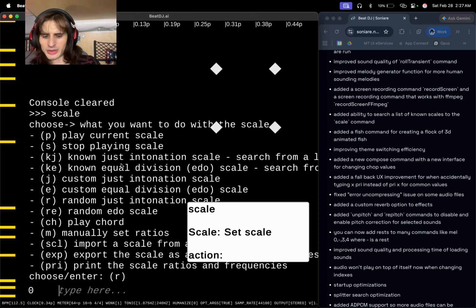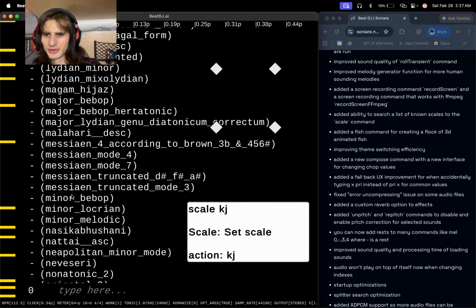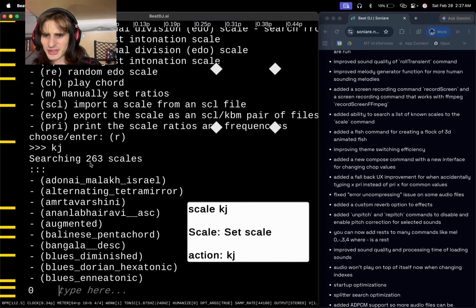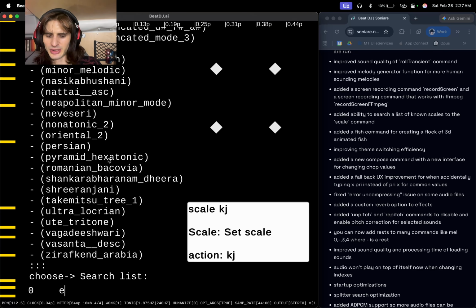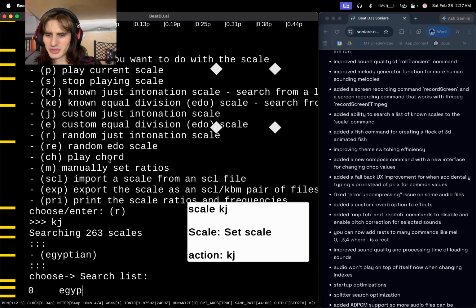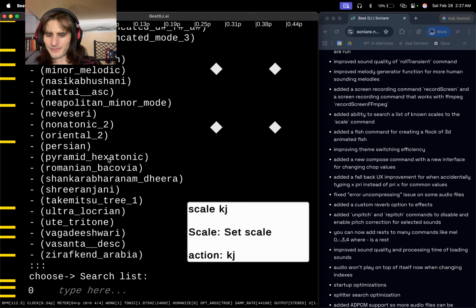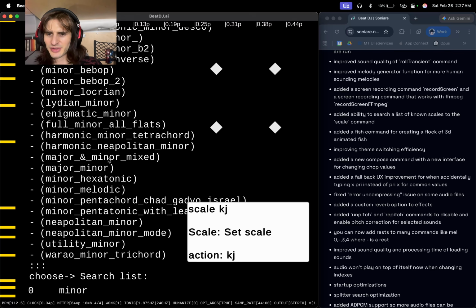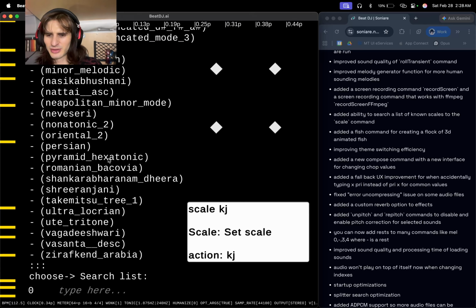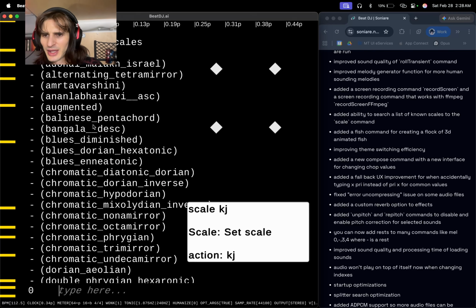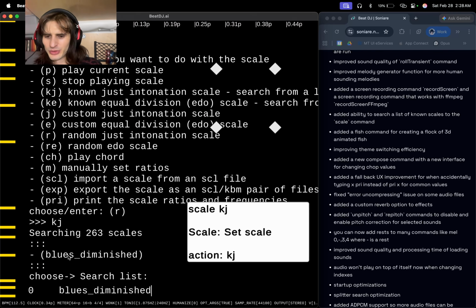So if I run KJ now that I'm inside the scale command, you can see there's all these scales, and there's actually a bunch more that it's not printing out. It says there's 263 scales. So you can search here, like there's an Egyptian scale, there's all the different minor scales, like Phrygian scales, etc. Tons and tons of scales, and then you can click on them to select them,